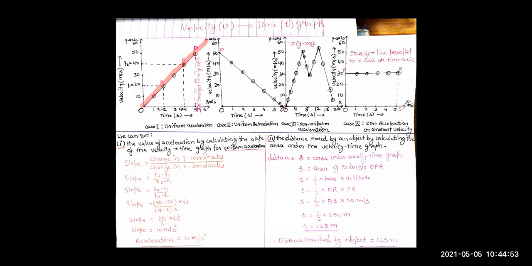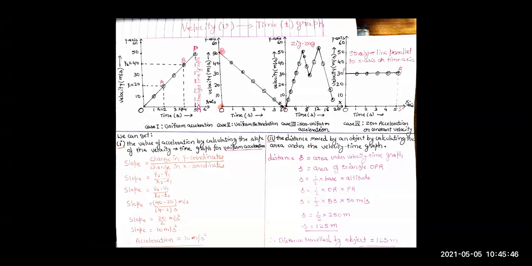Okay. Now next is uniform retardation. Retardation means decrease in velocity, but it is uniform. So there will be an equal decrease, right? For example, if you see it over here, at time t equals 0, the object's velocity is 50